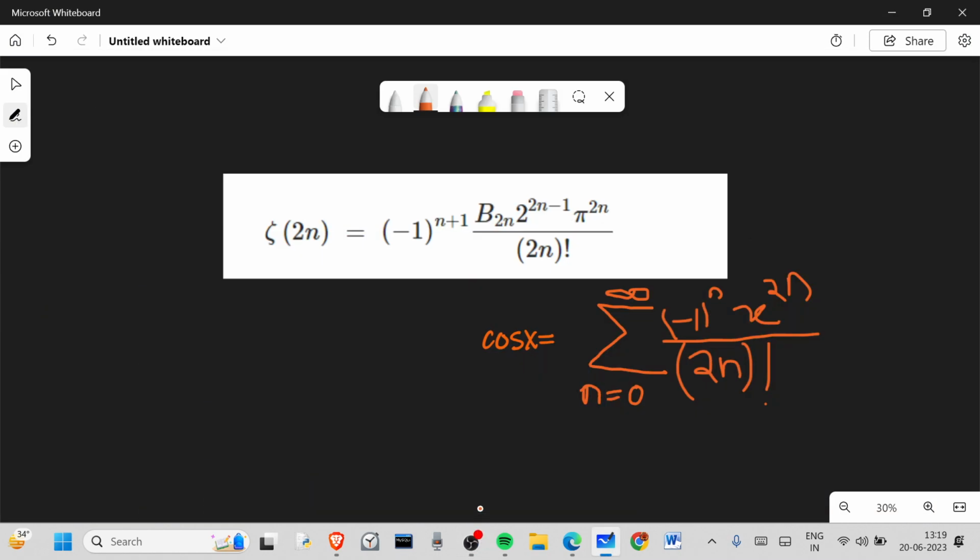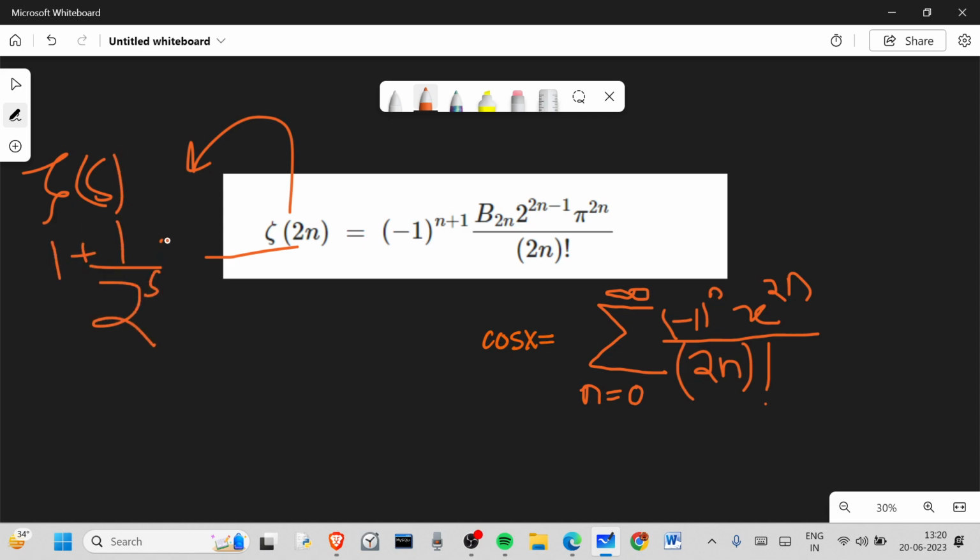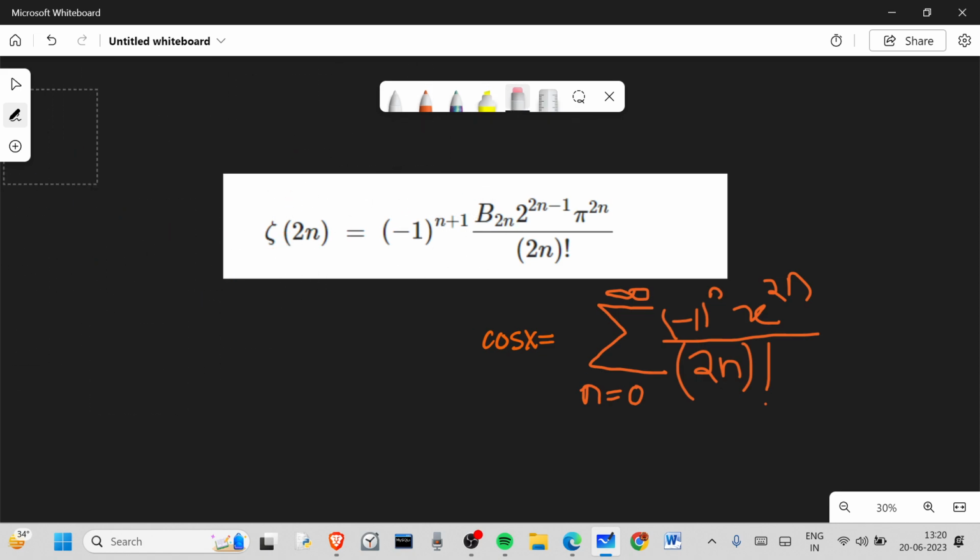Hello friends, Shivansh this side, and today I'm going to show a very interesting sum related to zeta at 2n. If you don't know, zeta at s means basically 1 plus 1 by 2 to the power s plus 1 by 3 to the power s, and it goes up till infinity. Okay, so today we are going to, like, I'm not showing what I'm going to prove,